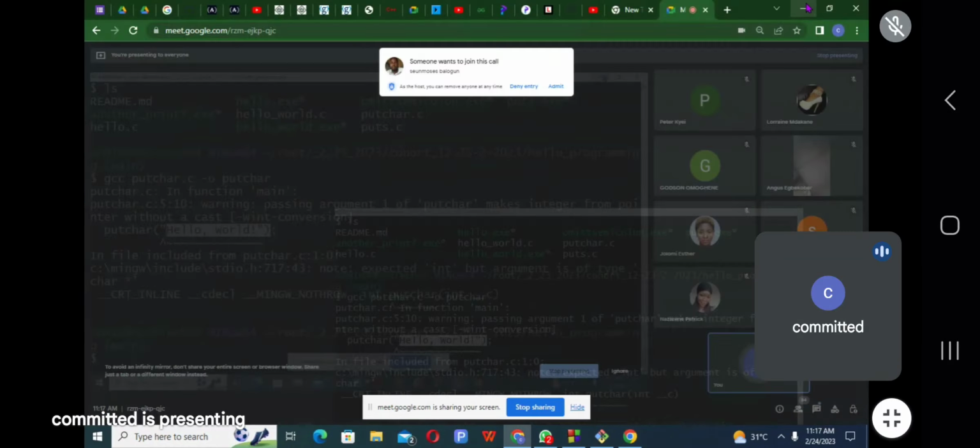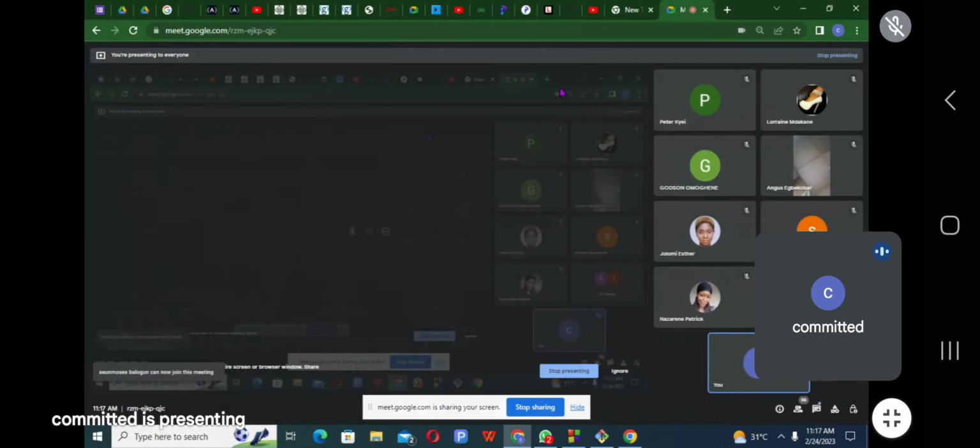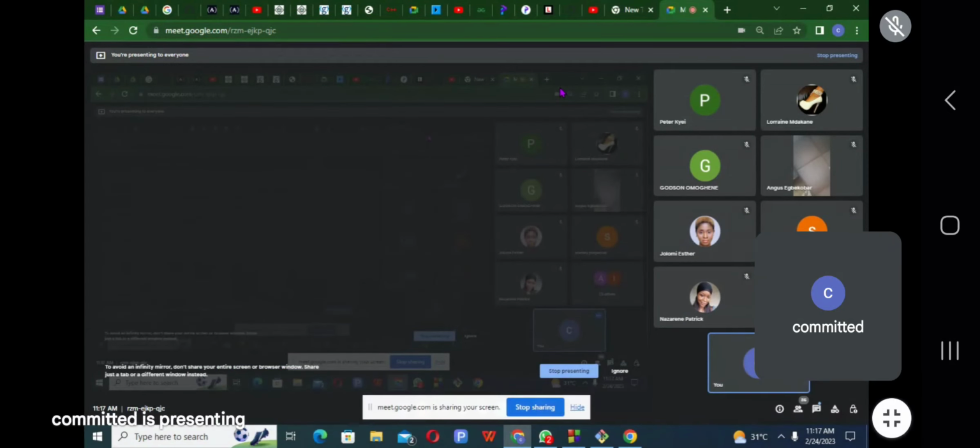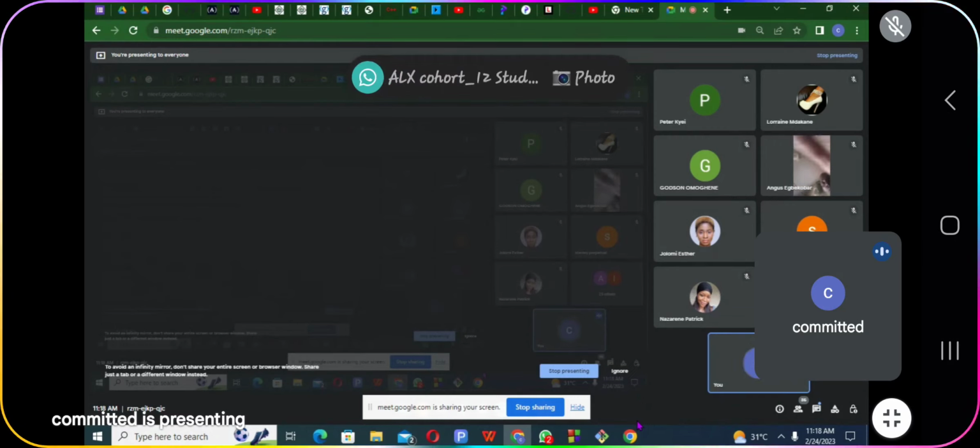Later we are going to see how we can use arrays and pointers with putchar to print characters. So that is not for today. In the next class, whenever we get there, we are going to do that.